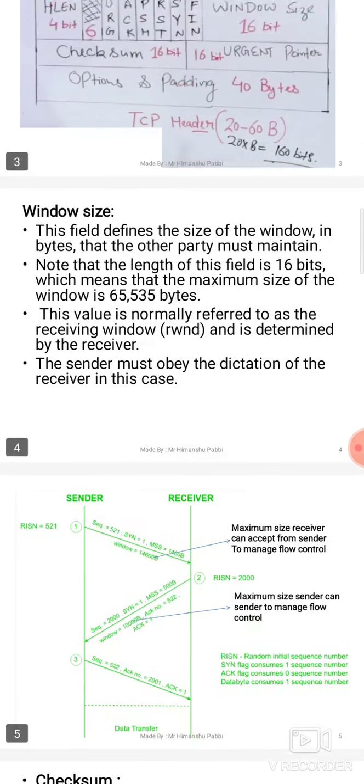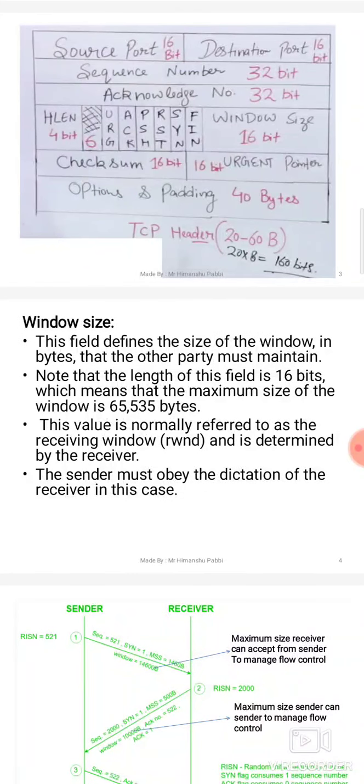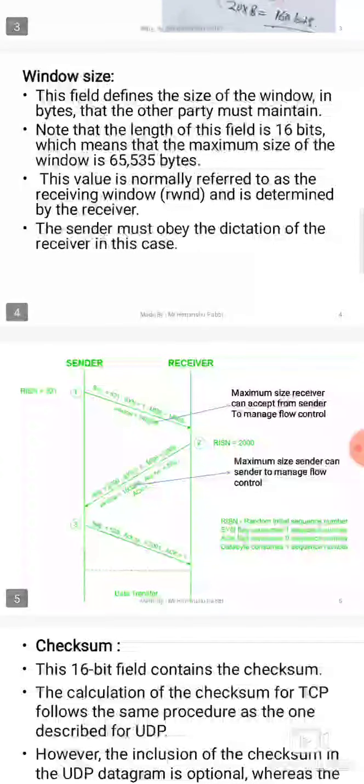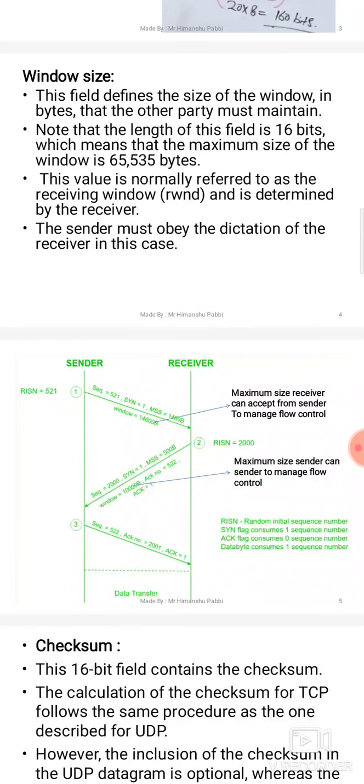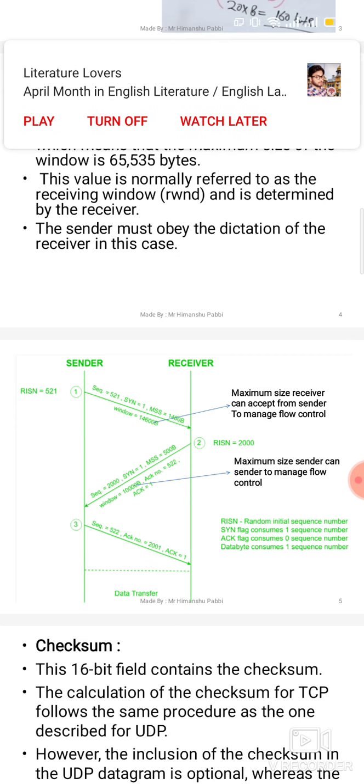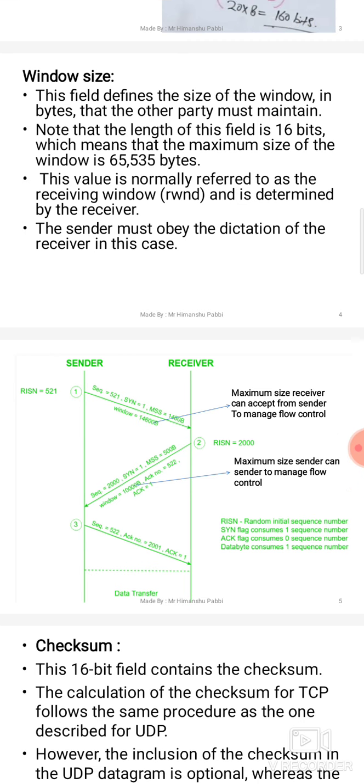The next field is acknowledgement. Acknowledgement works with the acknowledgement number. Acknowledgement means the next byte which is expected by the sender or by the receiver. For example, if a sender sends byte number 521, the next byte is 522.